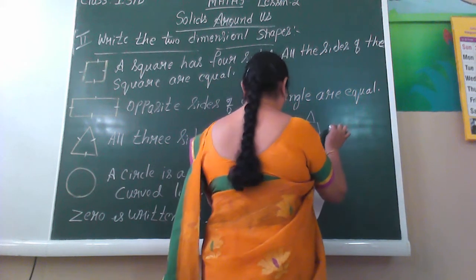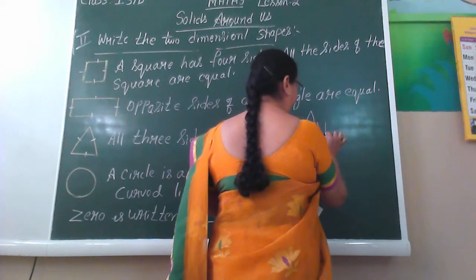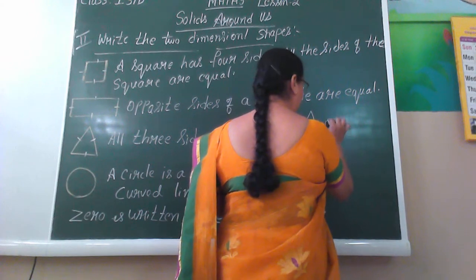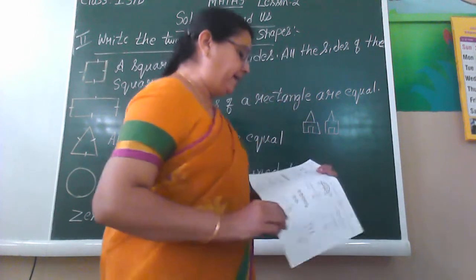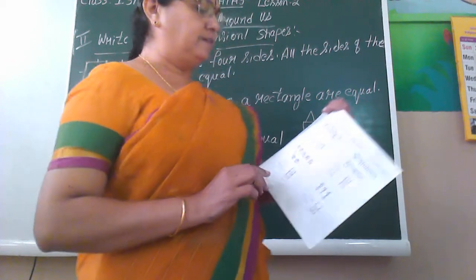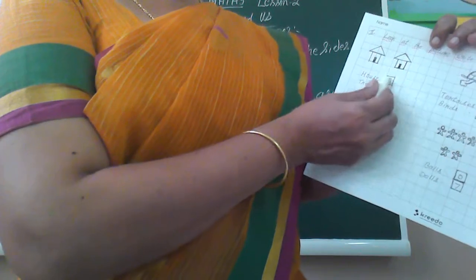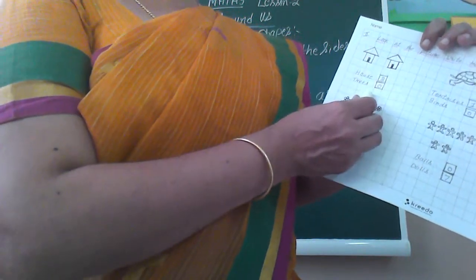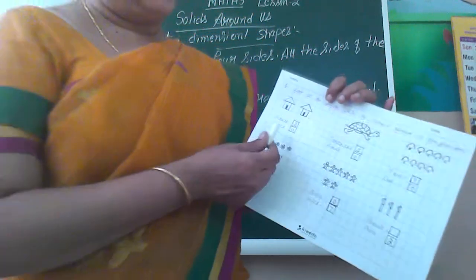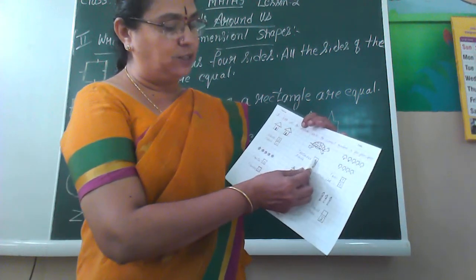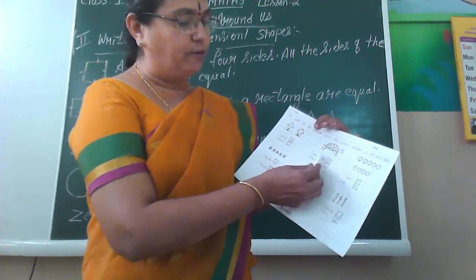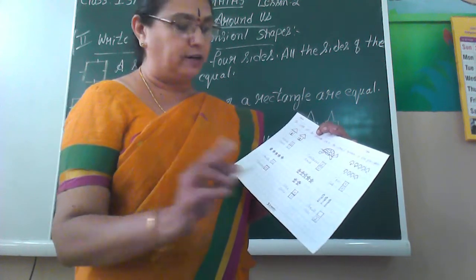1, and one more here. There are 2 houses here. So while counting, how many houses here? 1, 2. So you have to write the number 2. And in the down column nothing is there. That is 0. We will call it 0. Again tortoise, there is only 1. Again in the down nothing. There is only 1 tortoise.